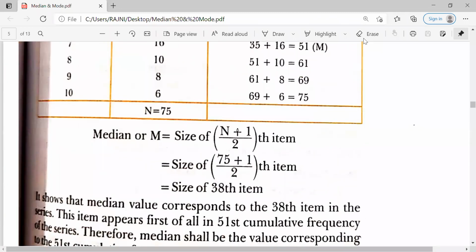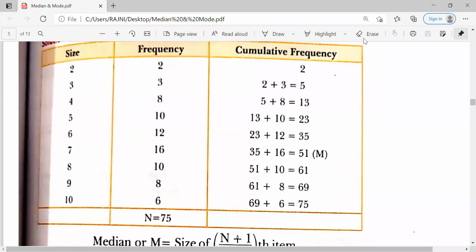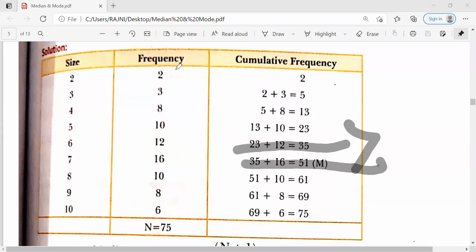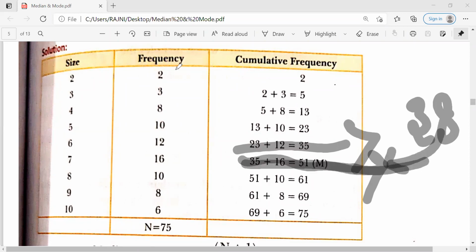Firstly, calculate the size of the (n plus 1) by 2th item. That item will lie in which CF? The CF value should be equal to that item or greater, but not less. You cannot use a column in which the value is less than the calculated item. Like 38 was there, so it should be equal to 38 or greater than 38.